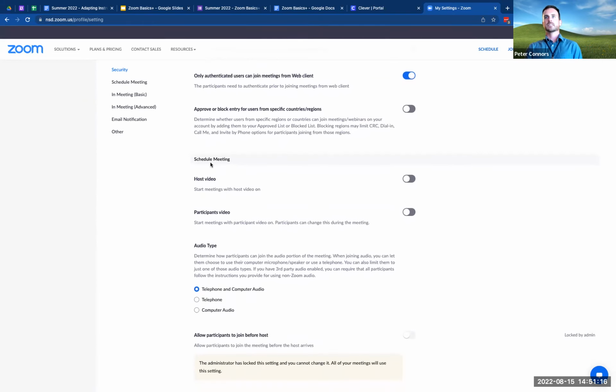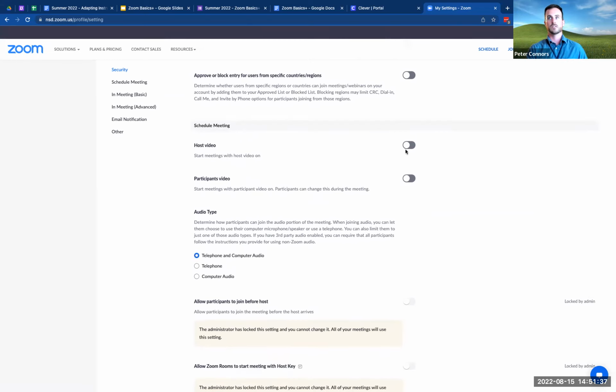As far as scheduling a meeting, remember when we looked earlier at your personal room and whether you want these host videos and participant videos to be on or off by default? This is where you can make that change for ones that aren't in your personal room. So your personal room gets its own set of settings, and then these settings are saying, for all the other ones I make, what should we do by default? And again, when you schedule them, you can change it.